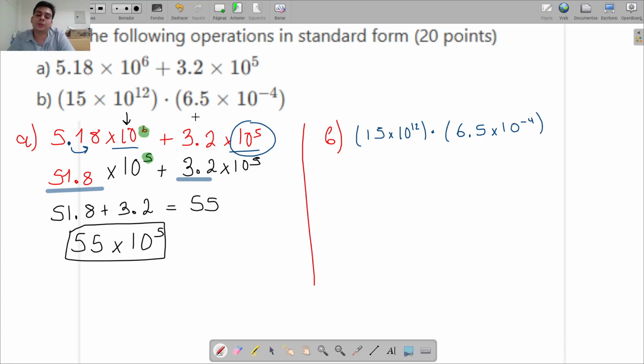This is even shorter because in multiplication and division we don't need to go to the lowest exponent. We are only going to do this straight. We are going to multiply 15 with 6.5. 15 times 6.5, we can use the calculator in this one. It's going to be